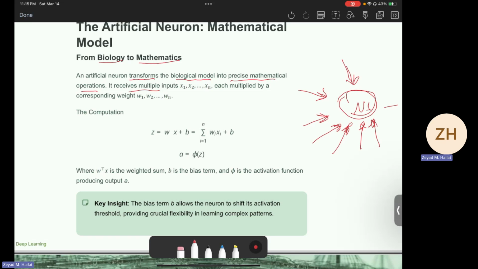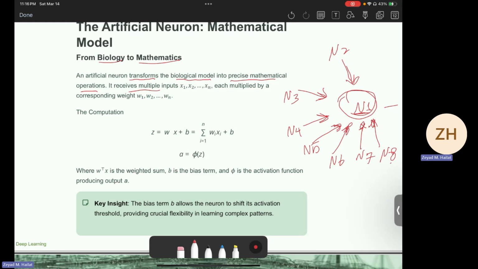Remember, we talked about the massive parallel computation. So we are looking at, for example, N2, neuron 3, neuron 4, neuron 5, neuron 6, neuron 7, neuron 8. If you look at your hand, for example, how many neurons you have, how many dendrites you have, and how many signals you can receive and send to the next neuron, and so on and so forth. So you see in here, this neuron, N1, is connected to 7 other neurons from N2 up to N8.